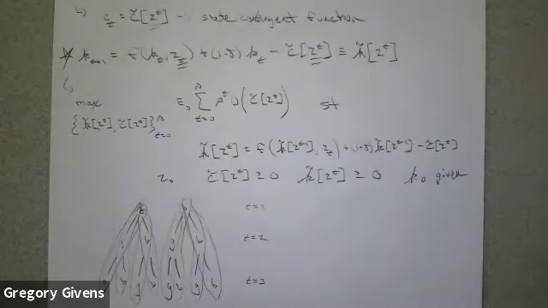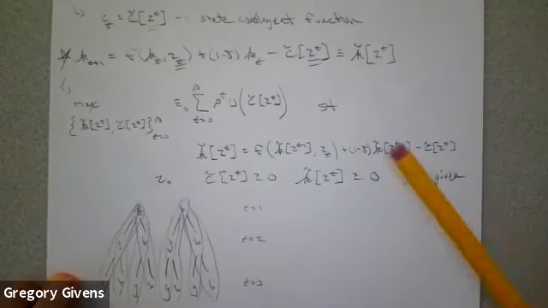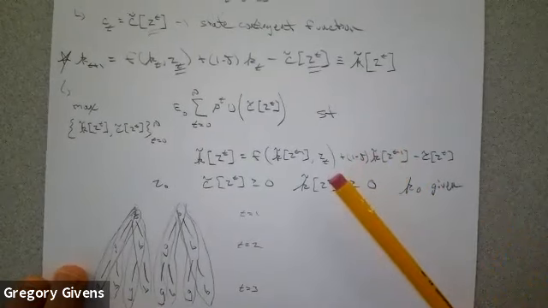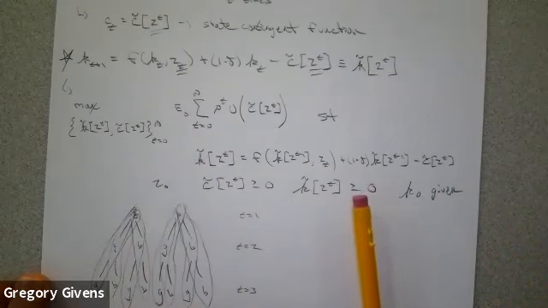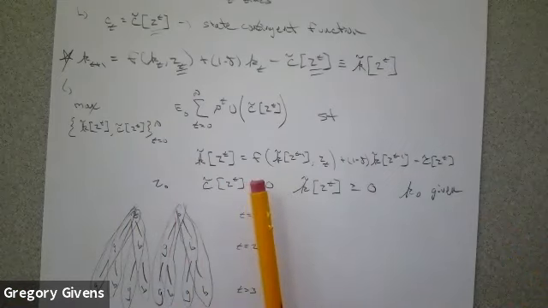Now, let me stop there. And here's where I'm going to pick up in the next class. This notation is very, very cumbersome, okay? It would be extremely annoying to have to carry around all of this notation all the time that indicates all of these endogenous variables are state contingent plans.